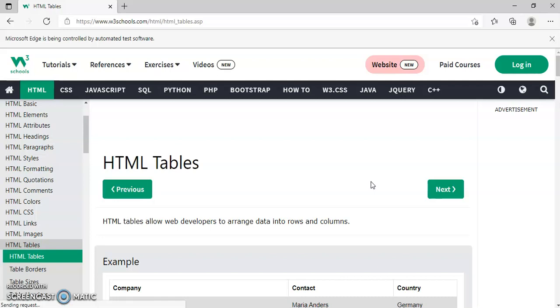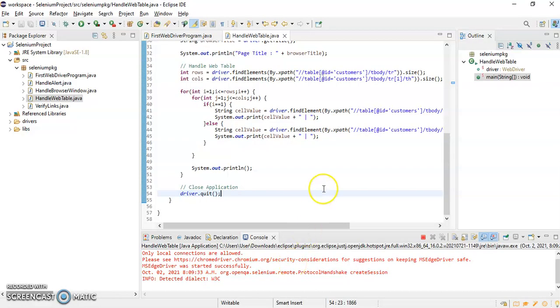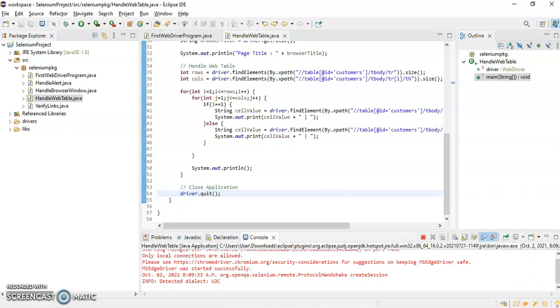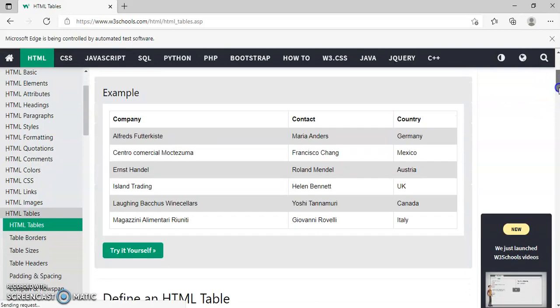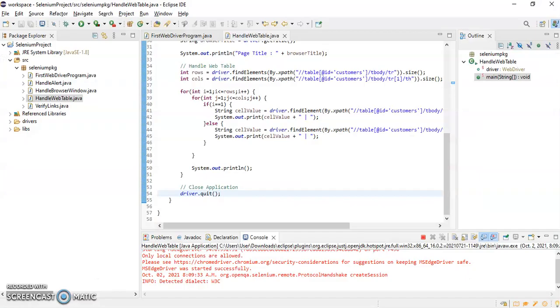So it has opened our application under test, and let's go to Eclipse. It is taking some time.